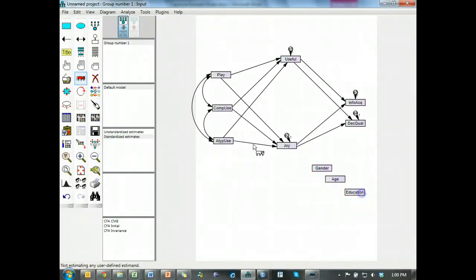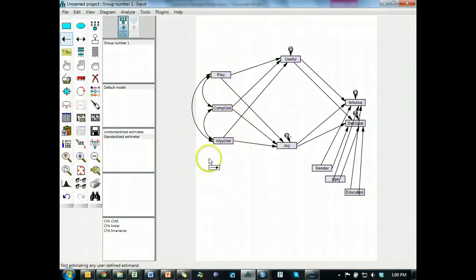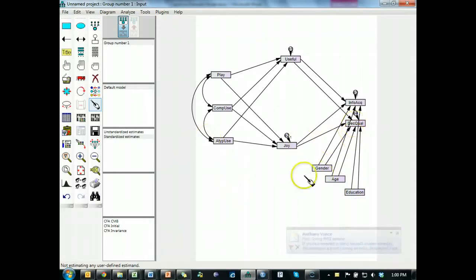So what do you do with controls? You go like this. I want to control for gender on, let's see, you can decide what you want to control for it on. I think I want to control for it on just the dependent variable. But you could control for it on any variable. I just ran a study where I actually controlled for it on even the exogenous variables, which then become endogenous, and then you have other issues. But it was something I was allowed to do. Here you go, make it look less ugly. Okay, and